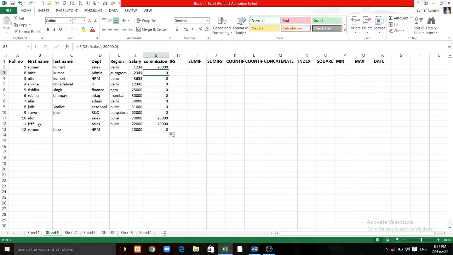But Alan and Jeff are working in the sales department, so the management will give them 20,000 rupees as commission. So this is about the IF function, and it is a very important function.